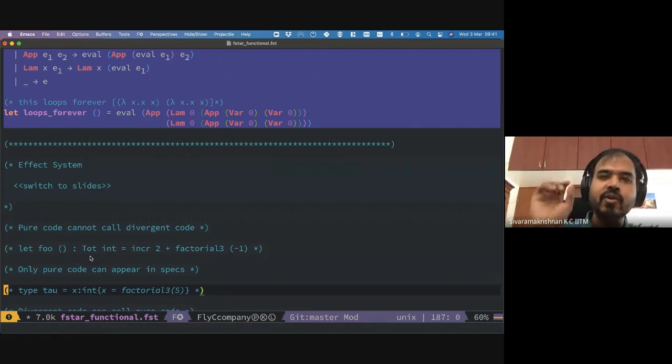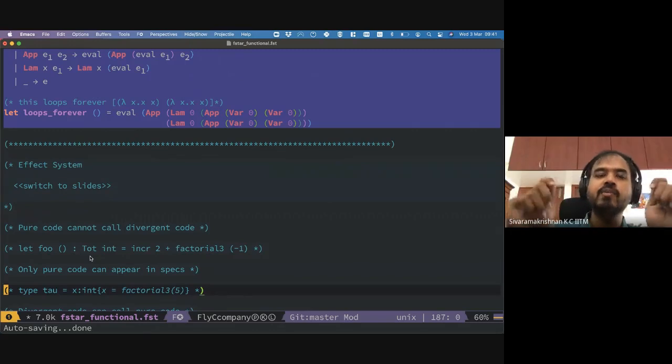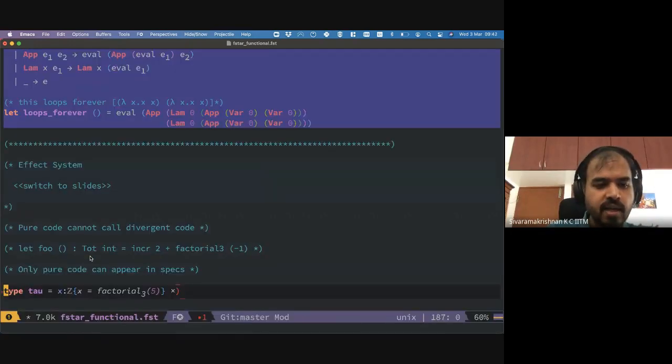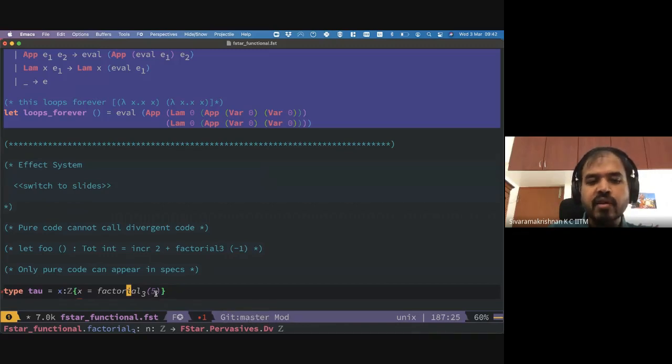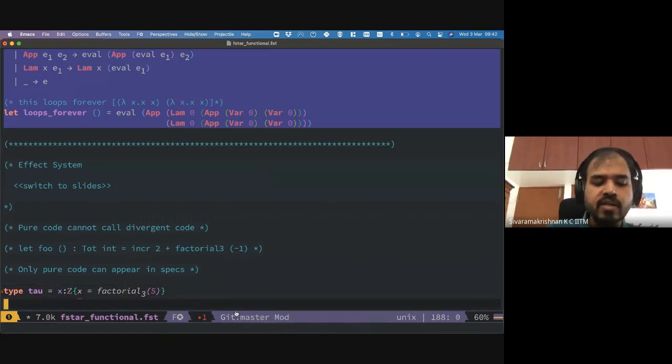So anything that can appear in the specifications, in the refinements, in the curly brackets, has to be a total function. So here is a type that I'm defining, right? A silly type, a type tau, which I say is an integer, but I say the x is equal to factorial 3 of 5. Again, factorial 3 is a divergent function. Even though if I call 5 on this factorial, it will terminate, right? But the type annotation says that this function is going to diverge. And F star always works with the type annotation, not the actual values. So the very fact that this function is a divergent function will not allow this type definition to go through